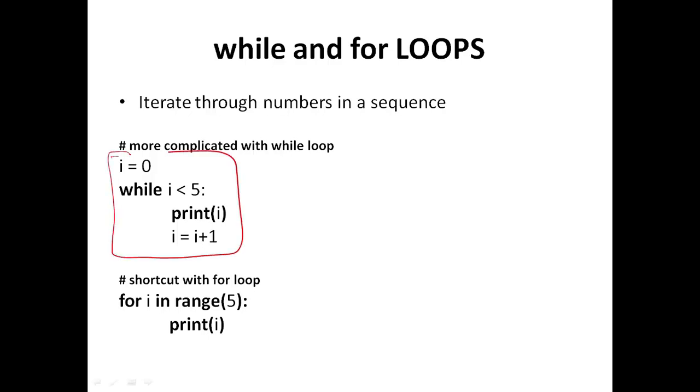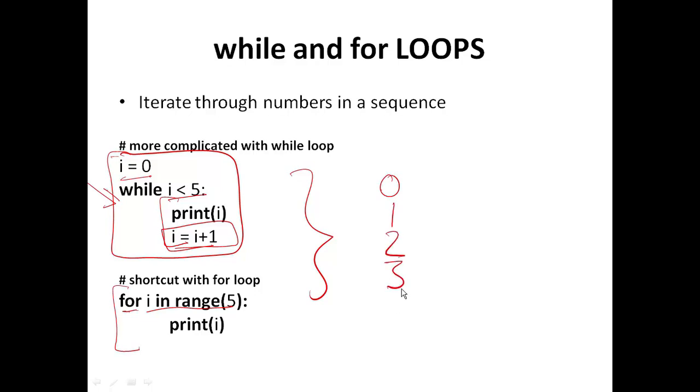That means first we have to initialize a variable, then we write the while part, then we write the statements we want to execute, and there is also an updation part. This is the syntax of the while loop. But in Python the for loop has this simple syntax: for i in range(5): print(i). This is just two lines of code, while the other is four lines of code, and both will give the same output. They give the output 0, 1, 2, 3 and 4.